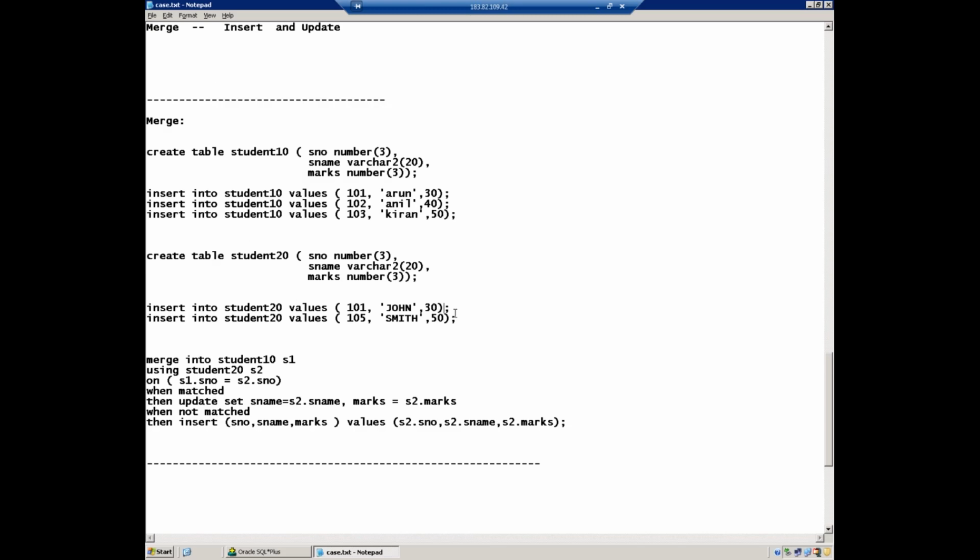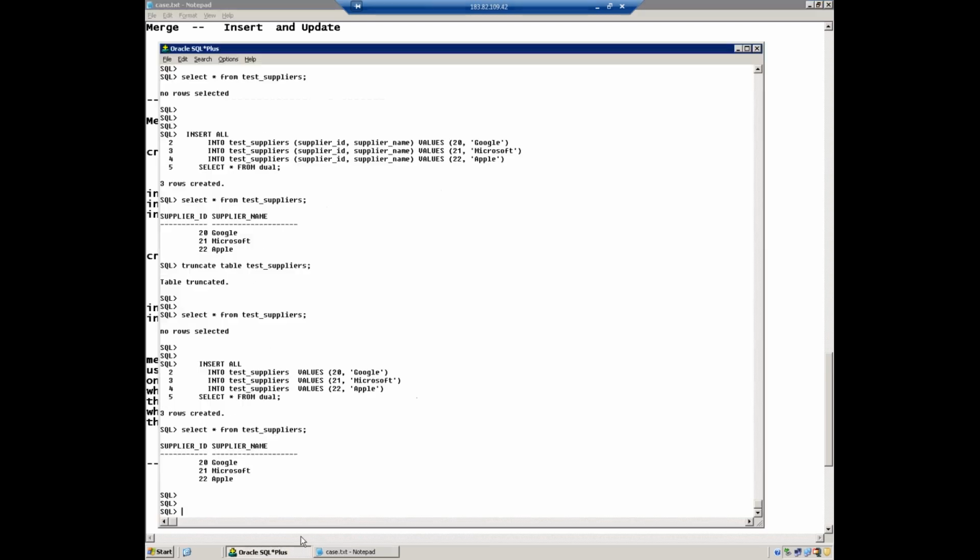So look at this. We'll be understanding the merge command considering two tables. One is student 10, the other one is student 20.